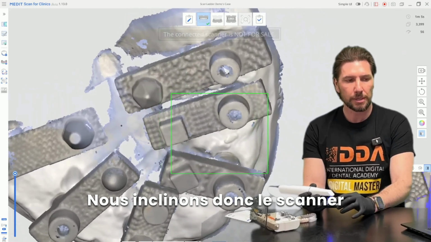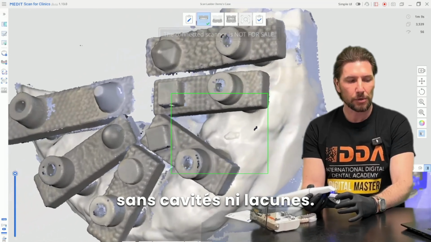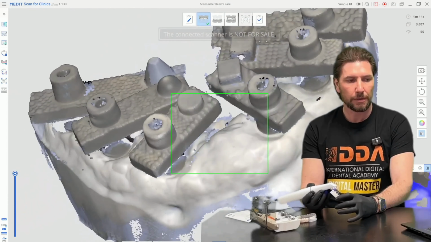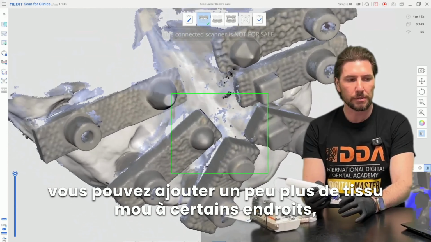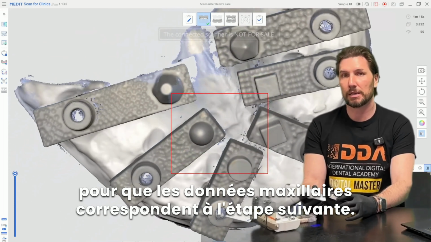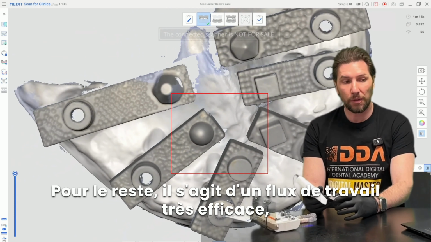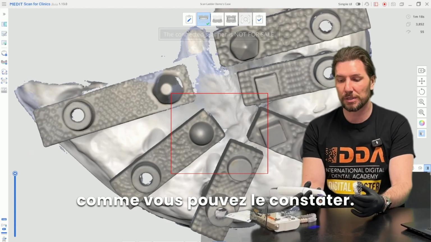So we're tilting this scanner around, making sure all of that is picked up with no cavities or gaps, and that's nice. If you want to add a little bit more of the soft tissue in places, certainly you can do, which will give us a little bit more information for that data match at the next stage. Other than that, very nice and simple and easy to do workflow,